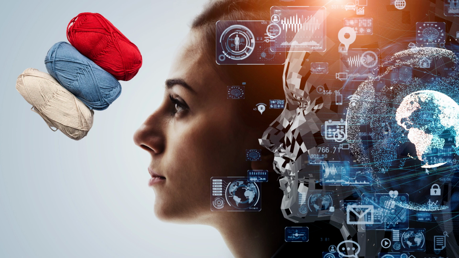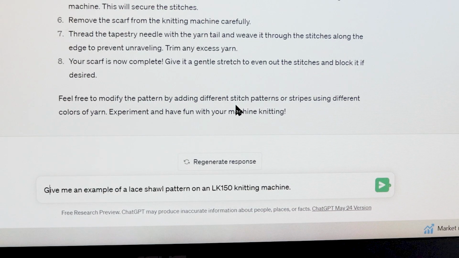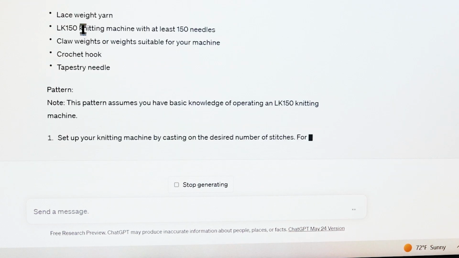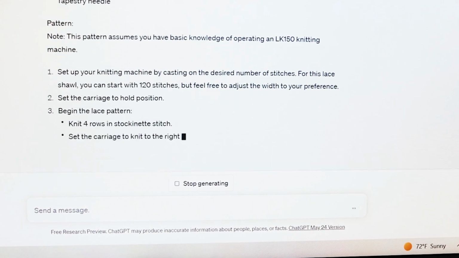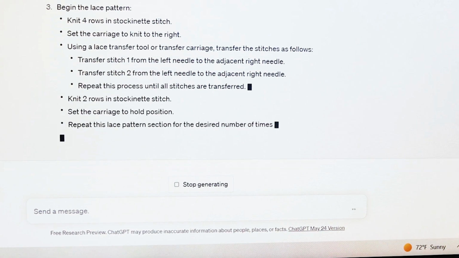How good is the AI? Is it overhyped or is it really good? So I'm asking questions on ChatGPT. Here I type in, give me an example of a lace shawl pattern on LK150 knitting machine, and let's see what it responds. They tell you the material: lace weight yarn, knitting machine, cloth weight, crochet hook, tapestry needle, and